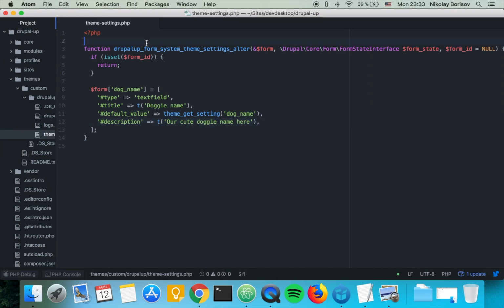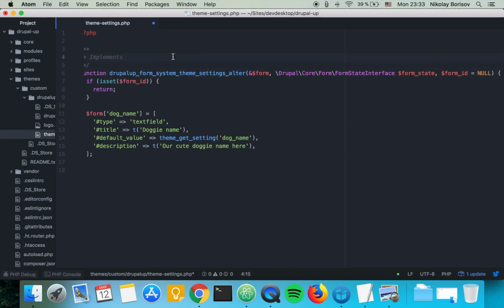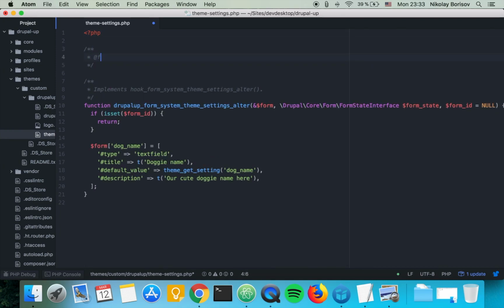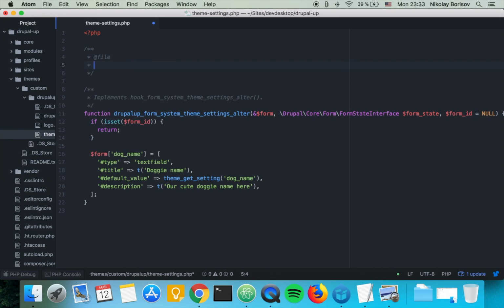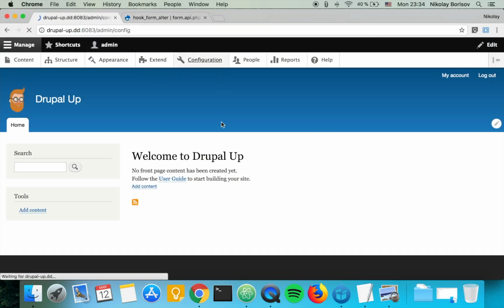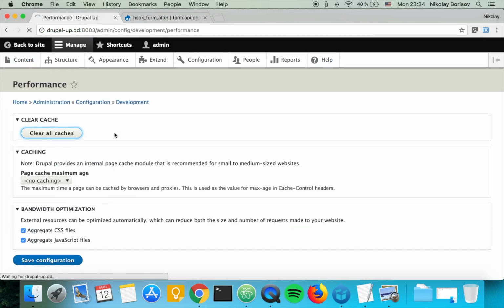That's perfect. Furthermore, we could say here we're implementing this hook, and we could put simply a file doc to say that theme settings are in this file. Simply that. It looks fine. Let's go ahead and clear the cache and see if we would get the field in our theme. So if we go under configuration, performance, and clear all caches,